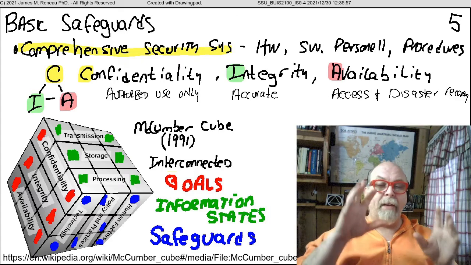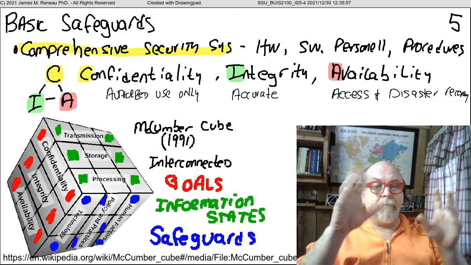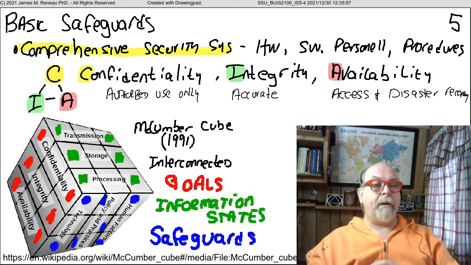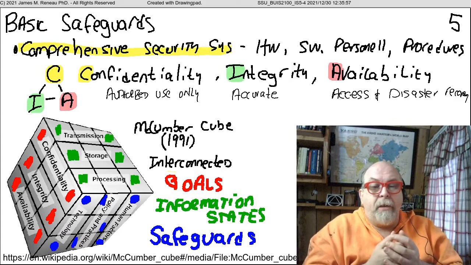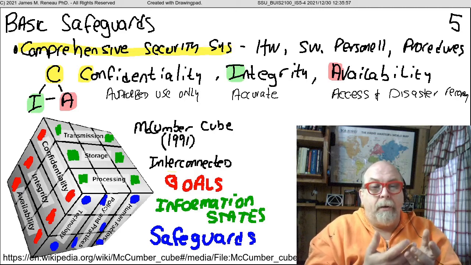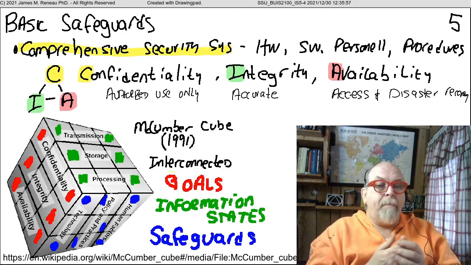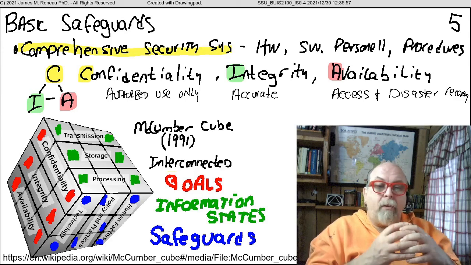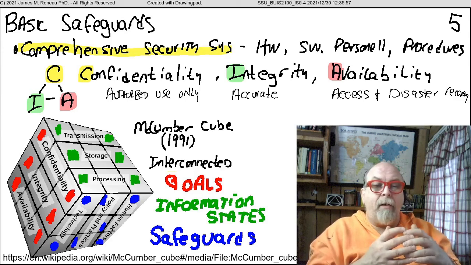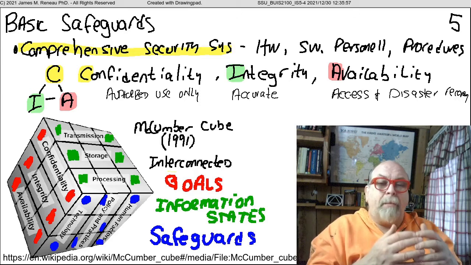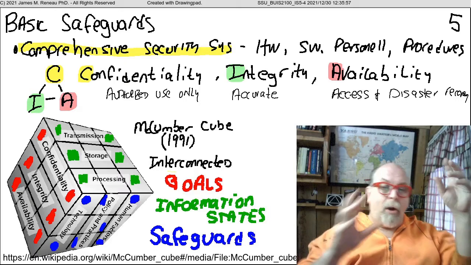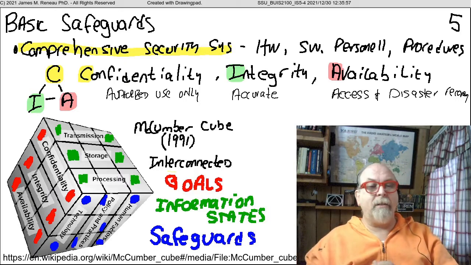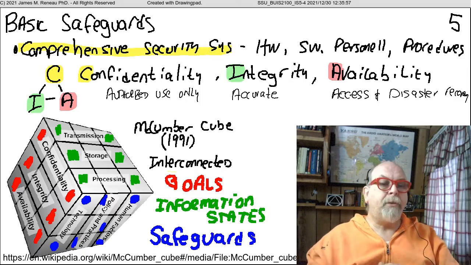So we've kind of got this three-way tug of war game, because if we limit the confidentiality, we make it so confidential that nobody can see it, then it's not accessible. If we make it 100% accurate with no possibility for error, how available is it, and how confidential can it be? So this is kind of the three constraints that we're always fighting and trying to find somewhere in the middle. There's a guy called McCumber,